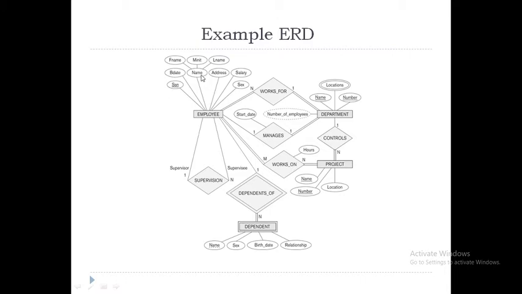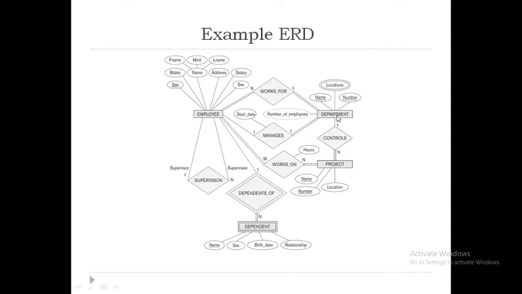Now what we have to do here is, for name, instead of writing name as an attribute in the employee relation, we will take the components of this composite attribute. So in the relation, it will include SSN, birth date, F name, initial, L name, address, salary and sex. Okay, so these attributes we have to add to the employee relation.